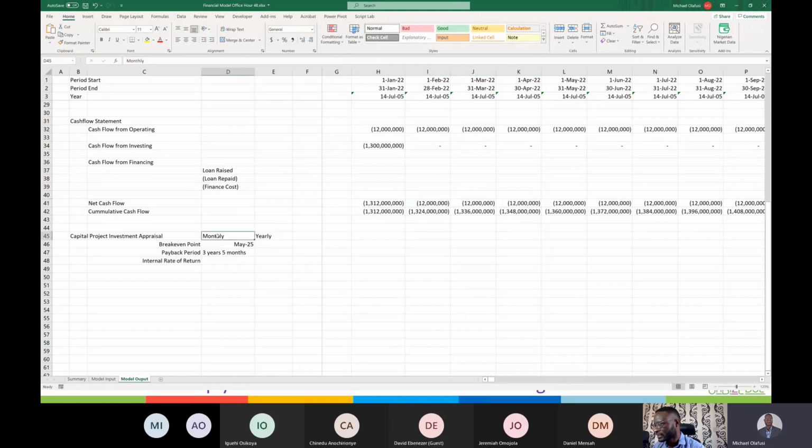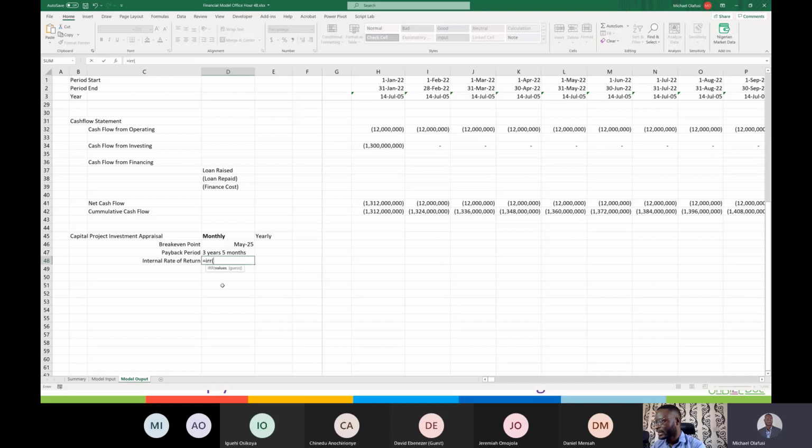But in this case, we are spending monthly. So this is a monthly profile. So if I'm doing my internal rate of return, IRR, again, for those who are familiar with IRR, you will know that, yes, there are different versions. There's MIRR, XIRR. I don't want us to go into that debate. Let us just use this IRR as it is, and then look at what is the internal rate of return. This business, internally, what return am I getting out of this business?